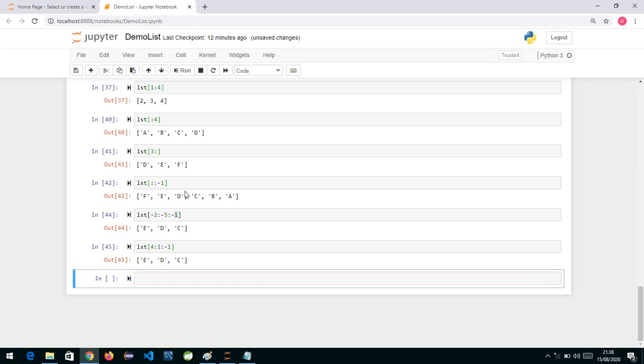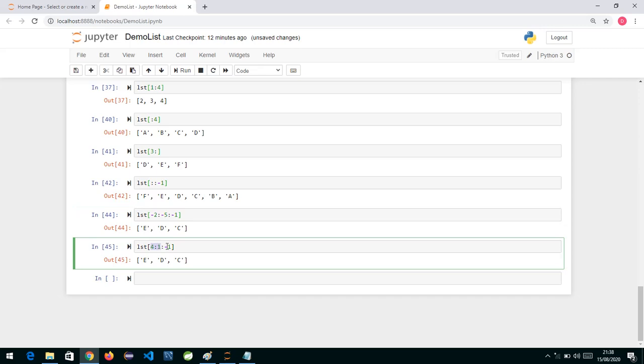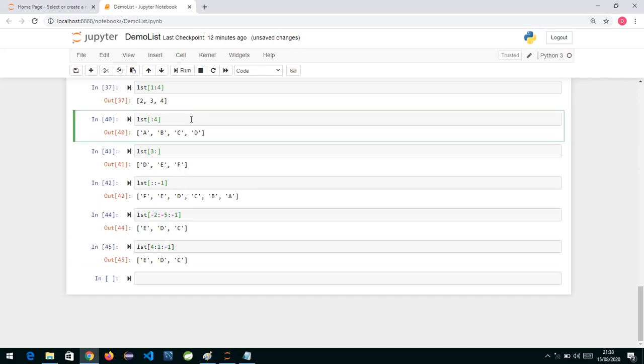And for the slice operator, if you don't specify the step, by default it is +1. If you want to work backwards, we give a negative step, and when you are moving from big to small, we also specify a negative index. Whenever we are working with the slice operator, we specify two things, start and end. If you don't specify start, it will take it as 0. If you don't specify end, it will go to the length of that list.